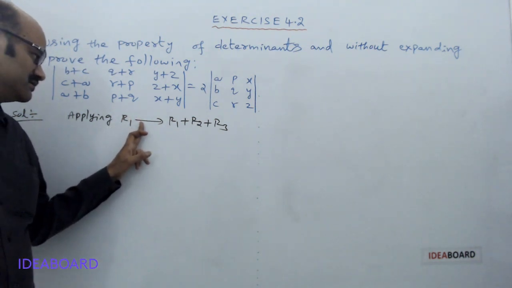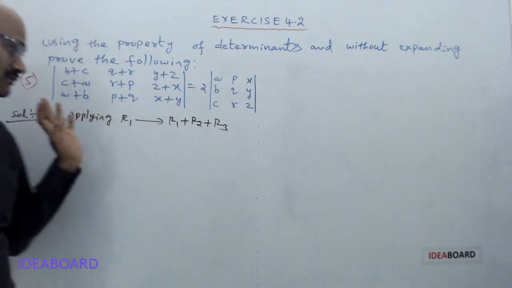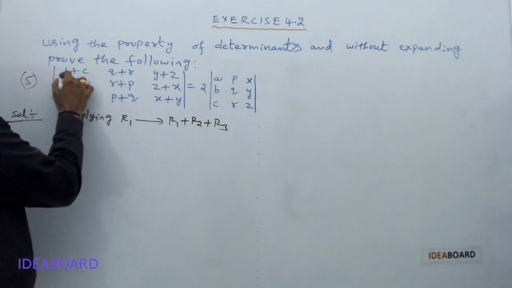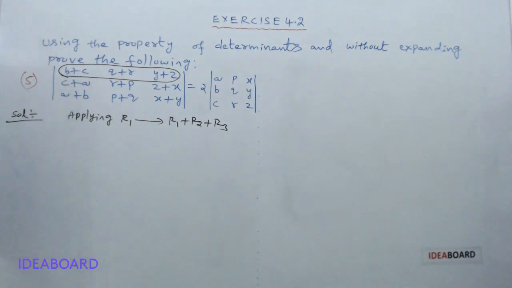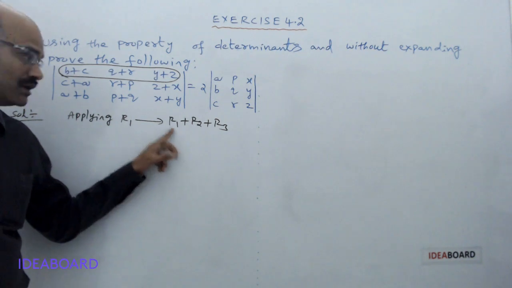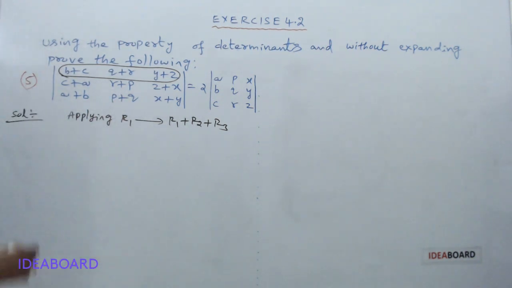Applying R1 changes to R1 plus R2 plus R3. So here R1 is what? B plus C, Q plus R, Y plus Z. This is R1. Each and every element of R1 should be added to R2 and R3. Then we get